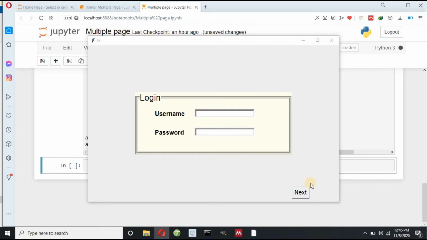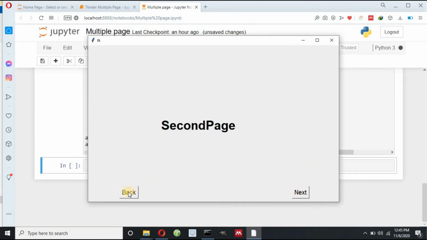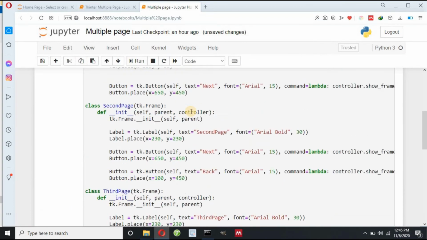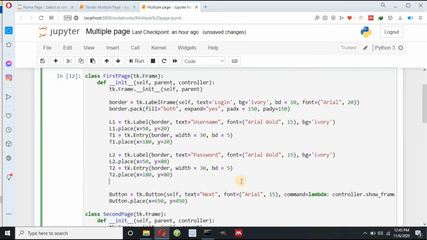Now I have to replace this next button by submit button, because when I click submit button I will redirect to next page, not when I click this next button. So first of all I will change the position of this next button to here. Suppose x equals to 320 and y equals to 115, and I can change this next to submit button, SUBMIT.